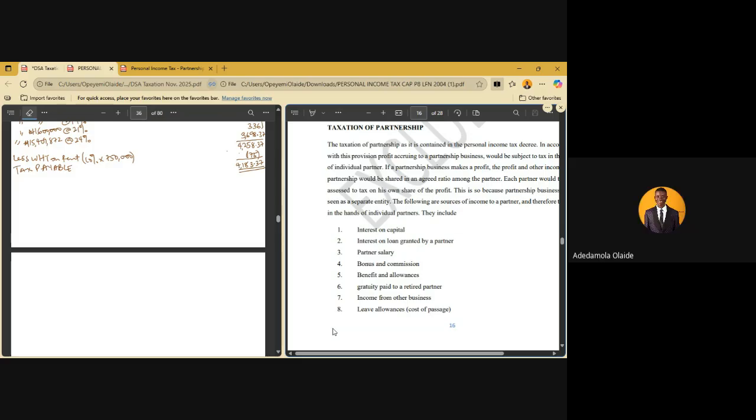Then having done that, we are preparing the normal partnership account. I mean, for financial accounting purpose, we used to split the expenses of the partnership business into two. Expenses with third parties, those ones are the ones that go into the SOPL. But expenses with the partners, like partner salary, interest on capital, we take those ones to the appropriation account. However,